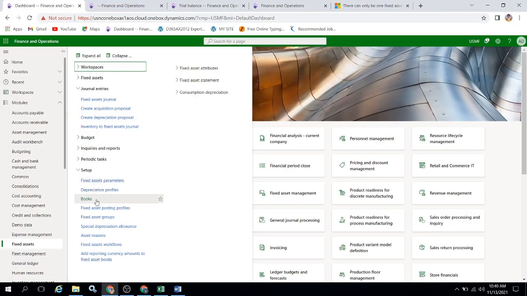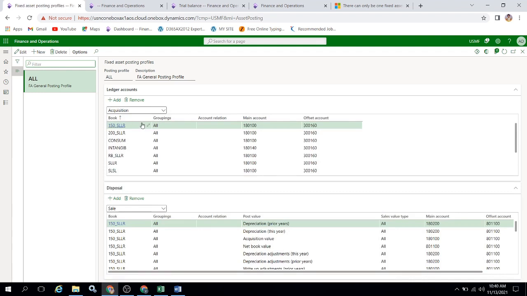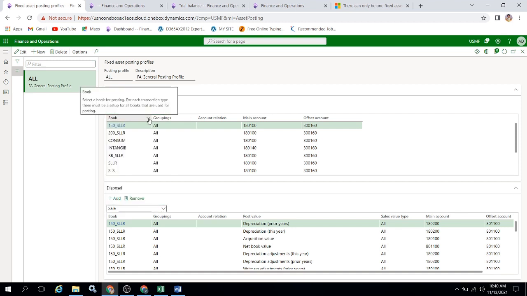So we did these books now. Then moving to fixed asset posting profile. This is the place where we need to set up the main account for the system to pick for posting, whether it is acquisition, depreciation or sale. So let's do it. For acquisition transaction, I'm assigning,